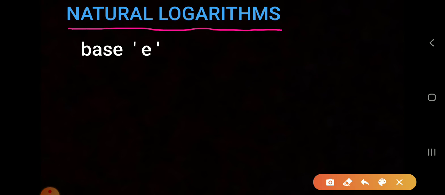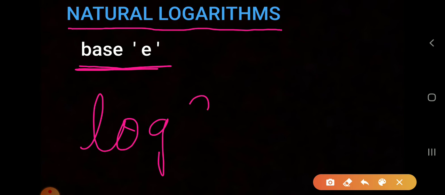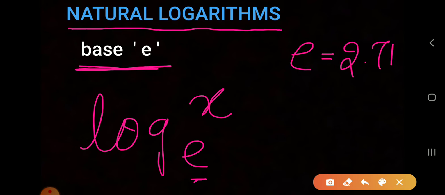So natural logarithm is nothing but the logarithm which has base e, log of any function, any variable, to the base e. We have already seen that e is an irrational number, which has the value approximately 2.718. So this is log x to the base e,